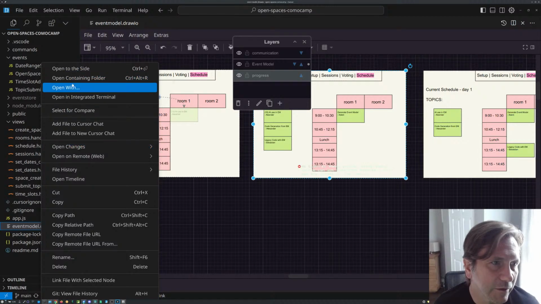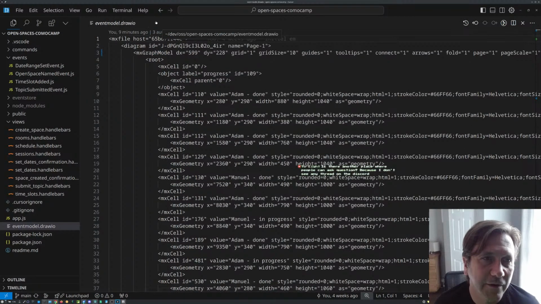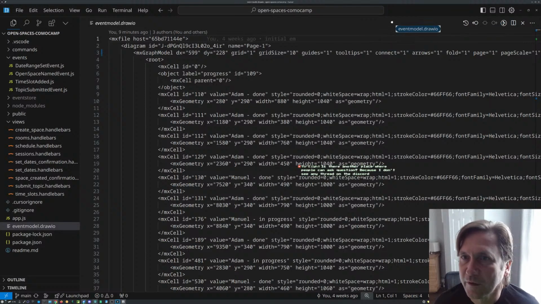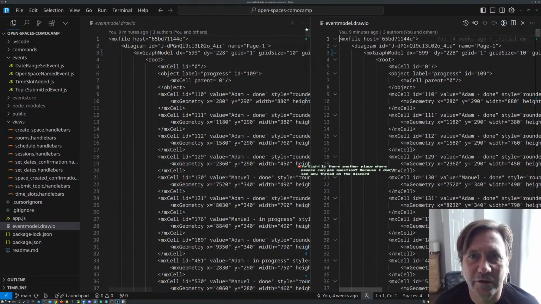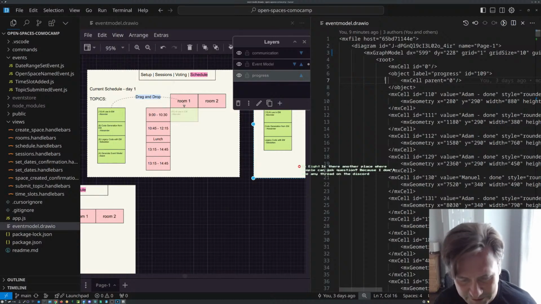Open to the side, open with text editor. Okay, and I want this to the side, so split editor, get rid of that. And so now if I find this in here,